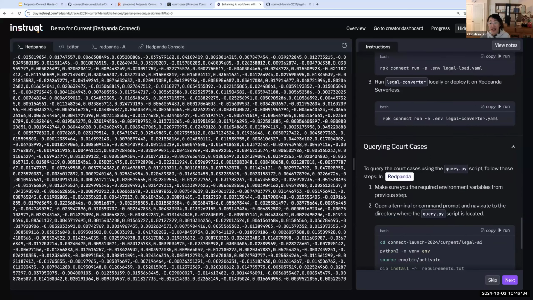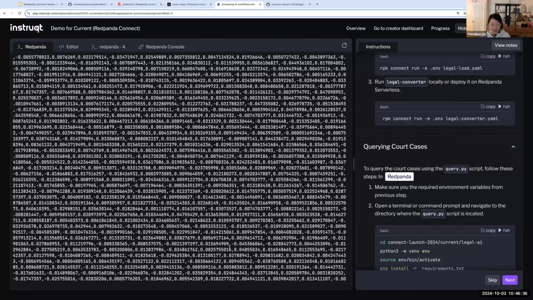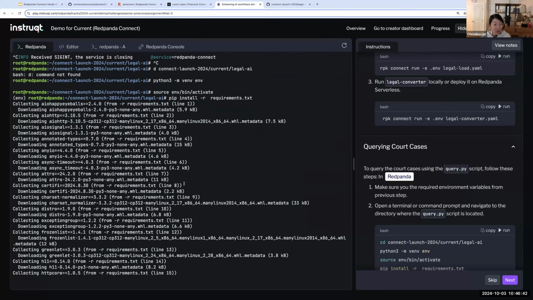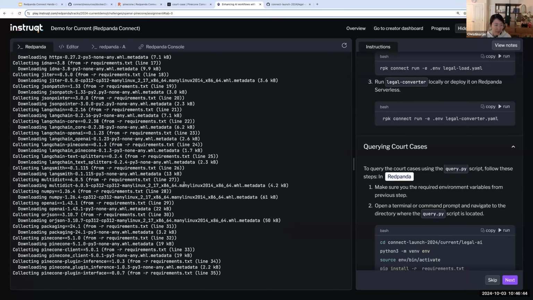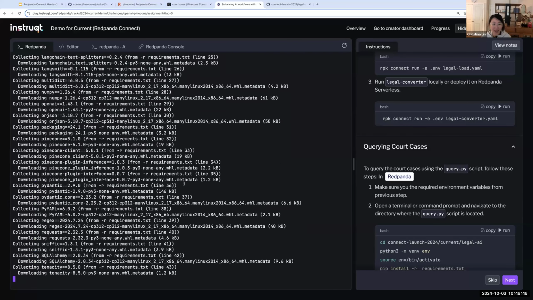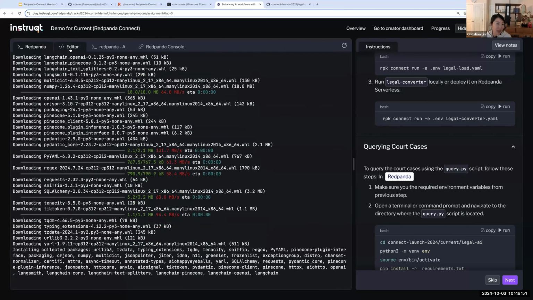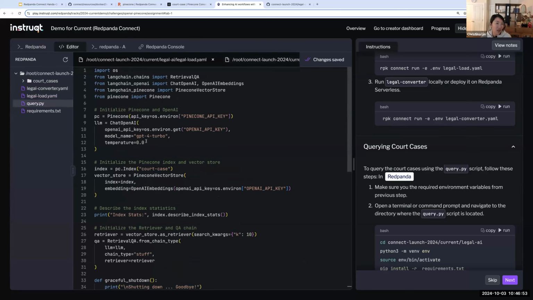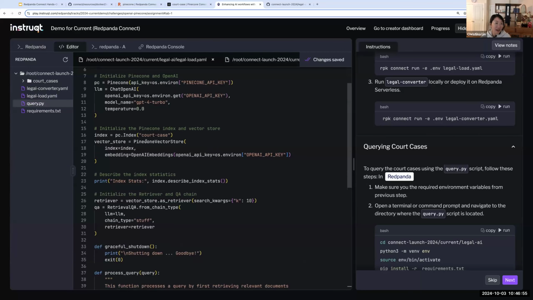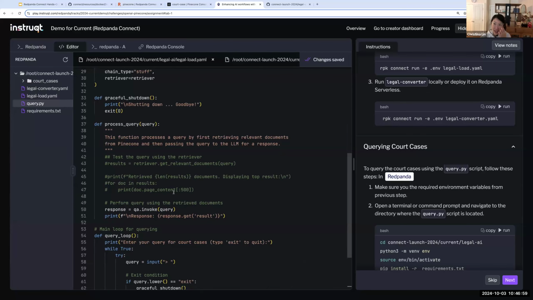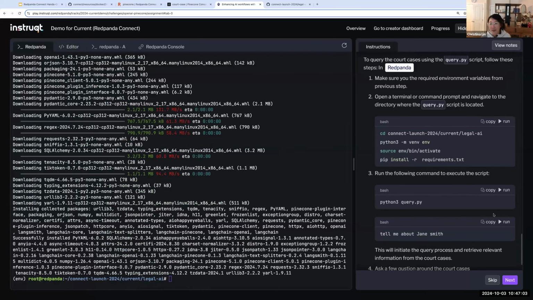So here, what I did is I just used a very simple LangChain application. You can also write that in a Redpanda Connect pipeline. It depends on what you do, but I just did a LangChain. So the LangChain is pretty much here. It just goes off and queries the Pinecone databases and does a RAG use case, queries everything and then sends it to OpenAI. And then I can start my